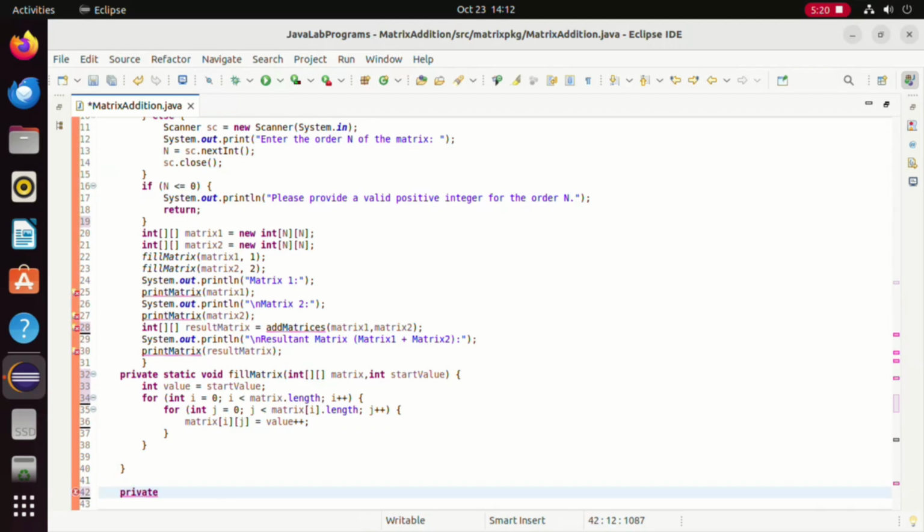This method performs matrix addition. We create a new result matrix of the same size.